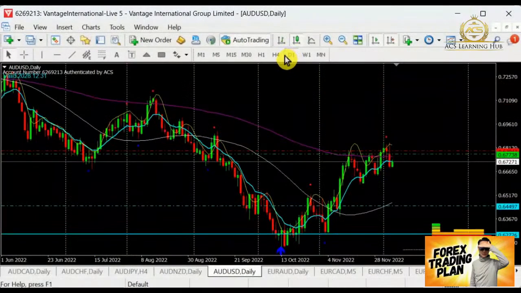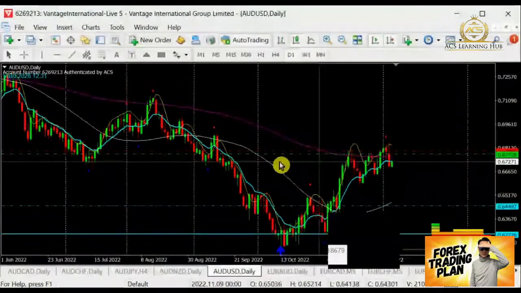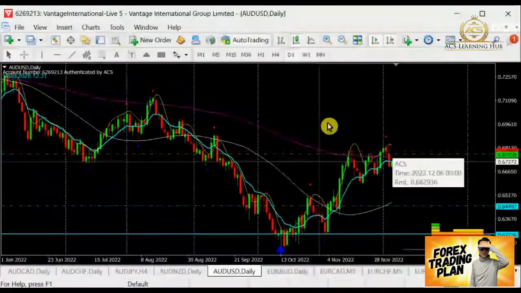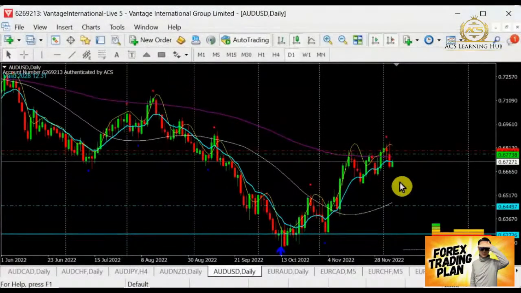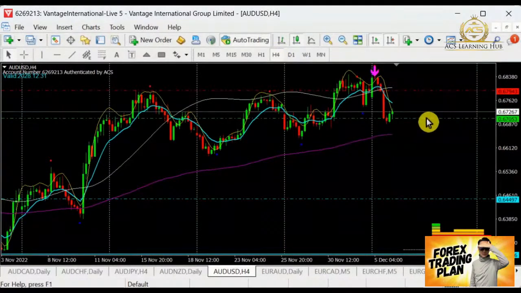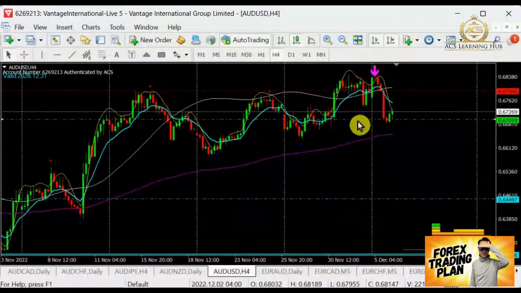Well, Aussie dollar over here, we are moving towards the bull, correct? But the bull actually went down and started to retrace downward yesterday. After retracing down yesterday, it looks like today we are also still being supported to continue the bull. Over here we can see the support is here. They barely tested this support, this area.